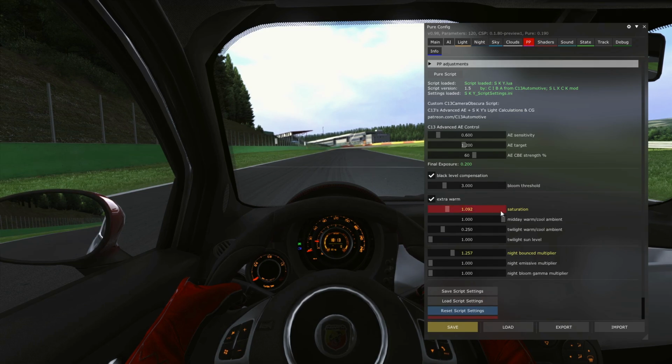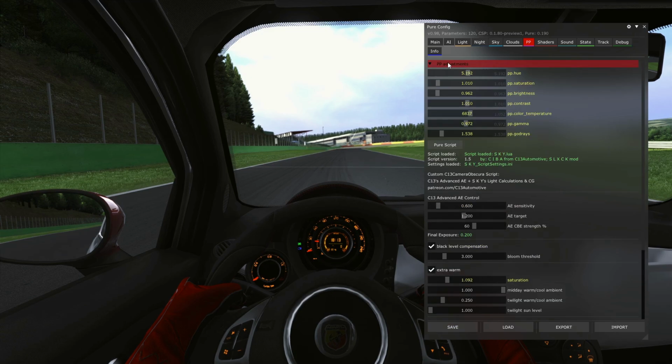post-process. Saturation around 1 and night bounce multiplier at 1.257. The rest is pretty much default. We can expand the PP adjustments. Again, hue around 5, saturation 1, brightness at 9.962. Contrast at 1.1. Anything more and the nights and everything just starts to look really weird, so that's where I keep it. Color temperature